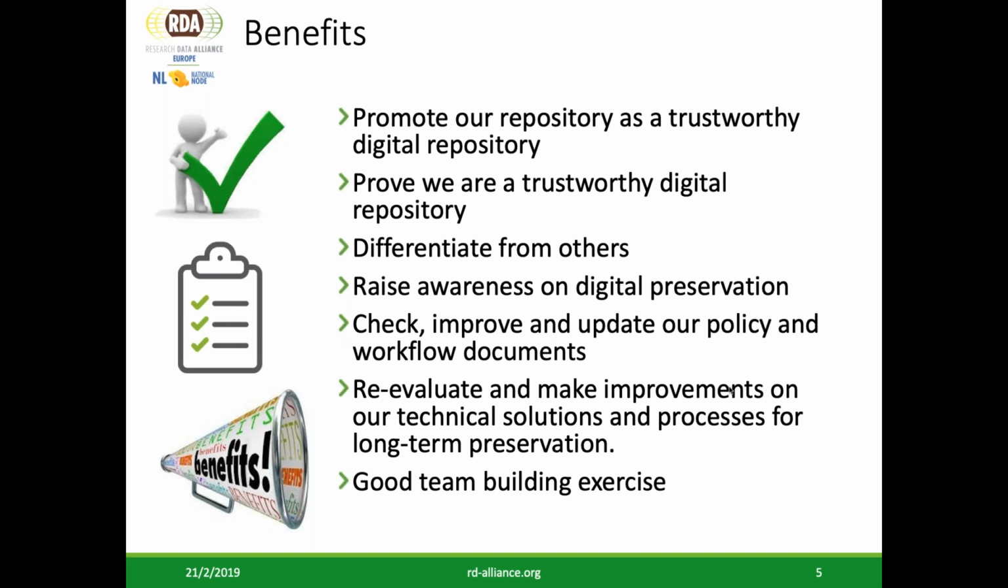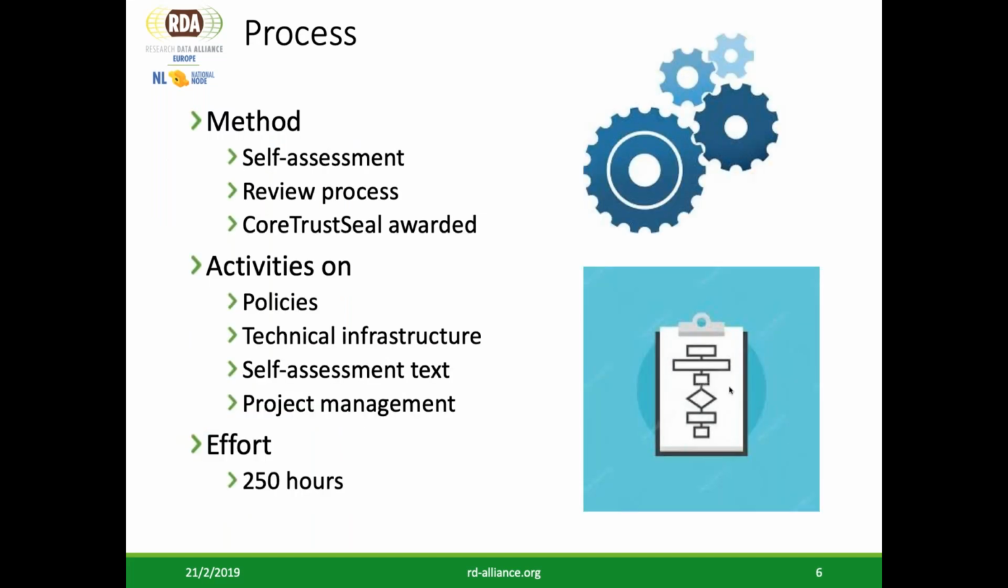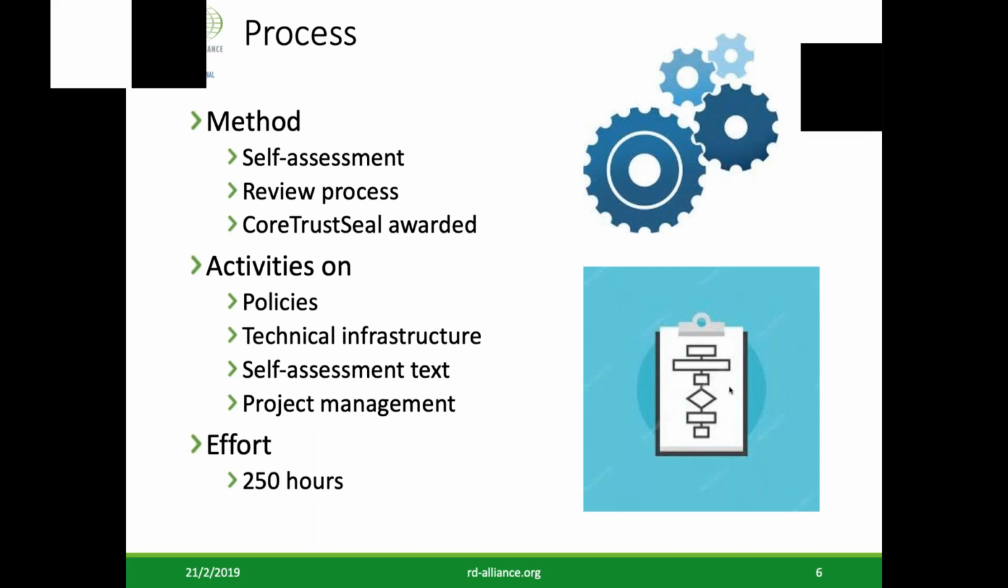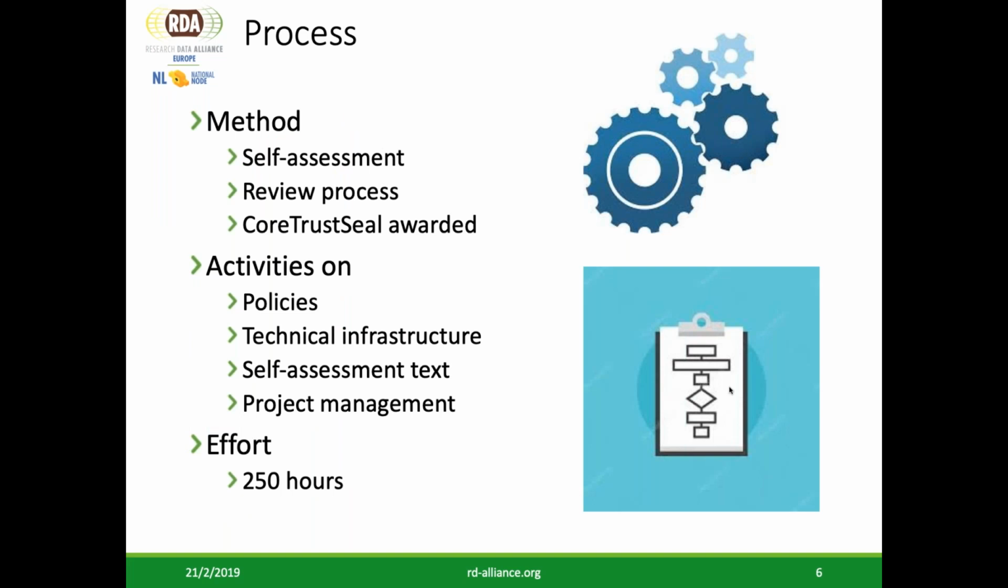So what was the process we went through? The method is basically you write a self-assessment, which we started in August 2017, and we submitted it to the board in September, so it took a while to write it. The self-assessment was then reviewed by the board and sent back to us with comments on the requirements we needed to elaborate on further or maybe improve a little bit. The self-assessment was sent back and forth about 3 times in total